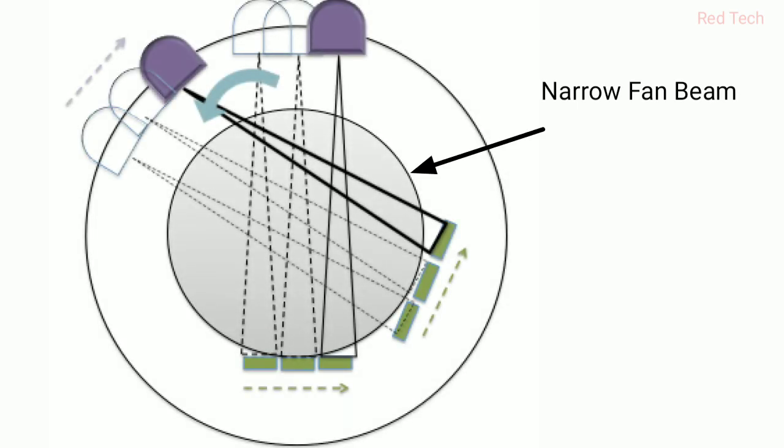Now look at the diagram. Here you can see above the X-ray tube and below the detectors, and here you can see the narrow fan beam. The arrow showing in the diagram is the fan beam, approximately 10 degree angle, making an angle of 10 degrees, and the whole gantry is moving around 30 degrees in 6 rounds.